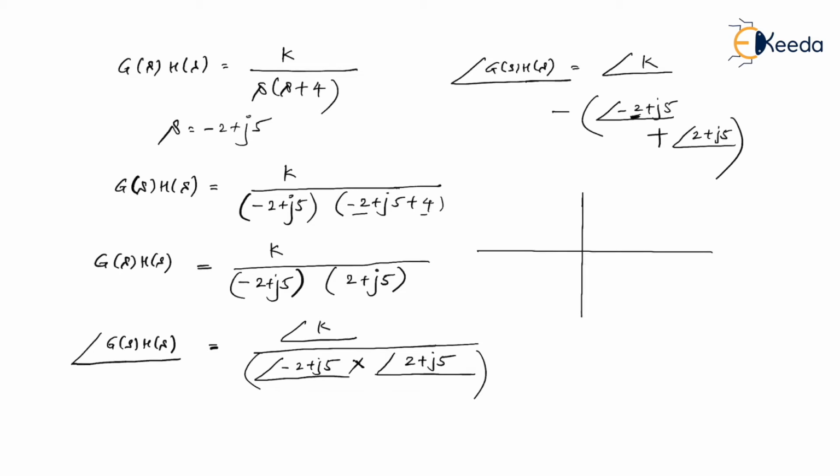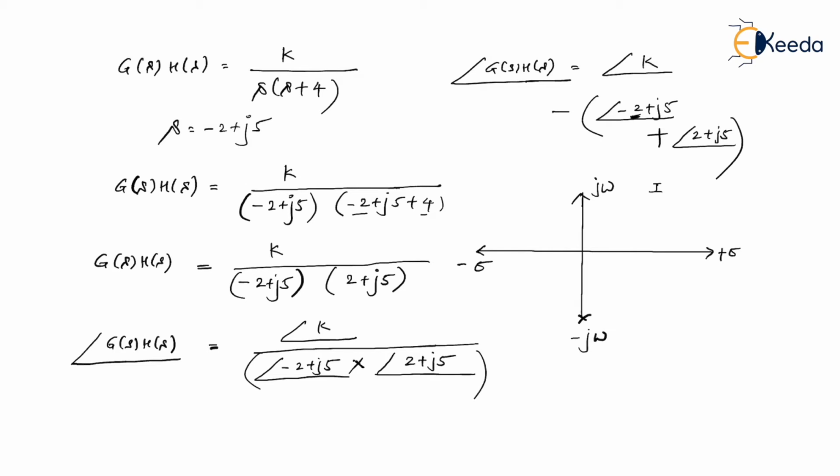okay? So assume this is a 4-quadrant system. This is positive real, this is negative real, this is positive imaginary, this is negative imaginary. I'm sure you are aware of it, right? So when you are in the first quadrant, what is meant by first quadrant? First quadrant means the real part as well as the imaginary part, both of them are positive.